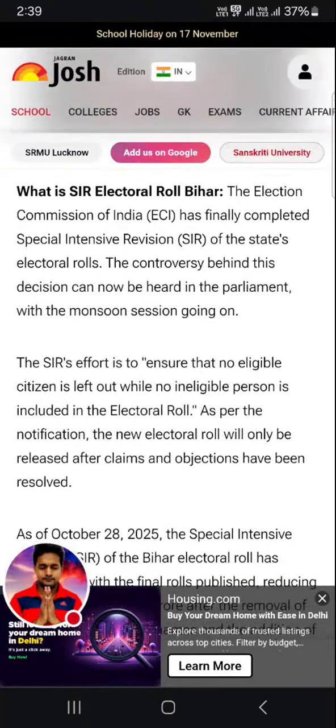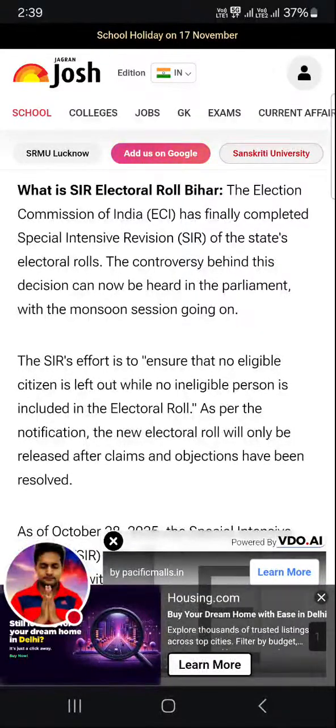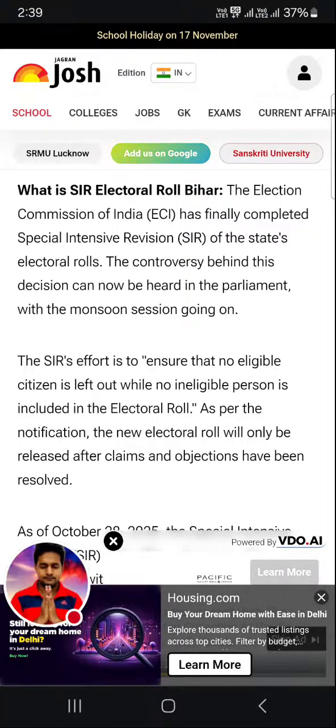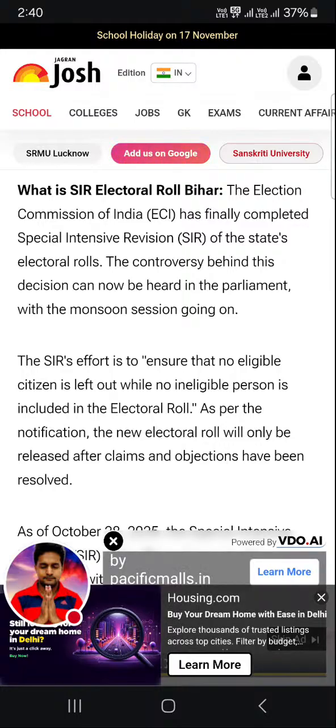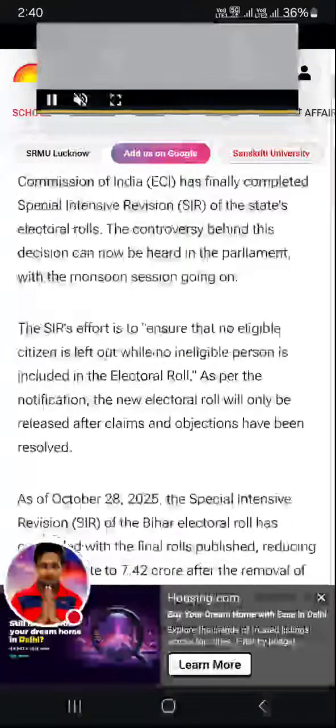Okay. What is SIR electoral roll Bihar? The Election Commission of India, ECI, has finally completed special intensive revision, which is SIR, of the state's electoral rolls. The controversy behind this decision can now be heard in the parliament with the monsoon session going on.